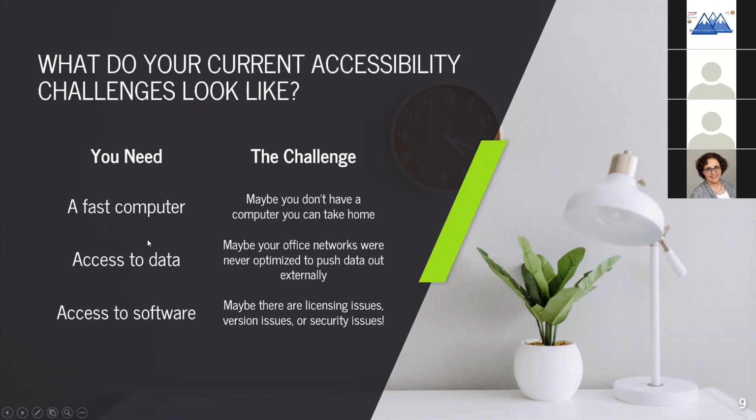You're also going to need access to your data. With your office networks, there is totally potential that they never had a work from home policy previously, and so those networks were never optimized to push data out externally, right? So that might be an issue. There's also access to software. Maybe there are licensing issues, version issues, security issues that are going to be a challenge for you to actually